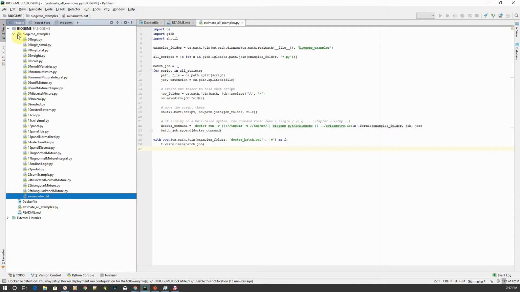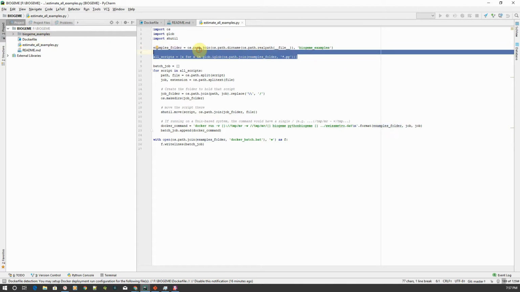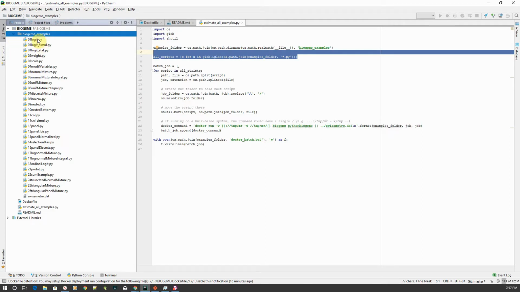So what this estimate all examples script does is the following. The hypothesis I'm taking here is, hey, we want to estimate all these models. Right? We want to run all these Python Biogeme scripts. What we would do is get the folder where all those scripts are, which is this root here, wherever we are, plus Biogeme examples. Find all the .py files and build folders that are this folder here, the Biogeme examples, plus just the name of the file, so 01 logit, for example, 01 logit_simul,